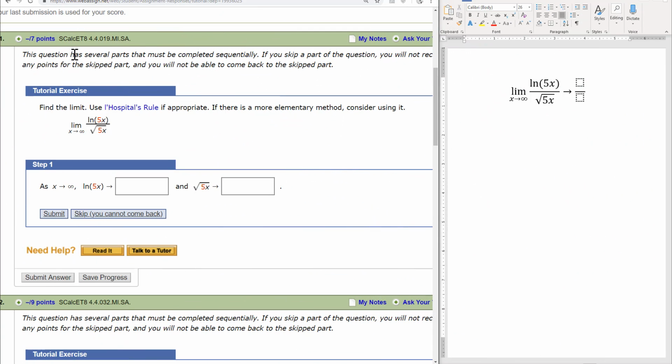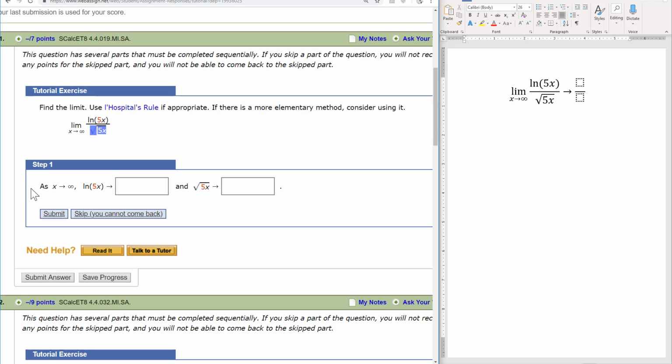Let's take a look at this problem from section 4.4 in your lab assignment. It says to find the limit, use L'Hopital's rule if appropriate. If there is a more elementary method, consider using it. So we're looking at the limit as x approaches infinity of ln of 5x divided by the square root of